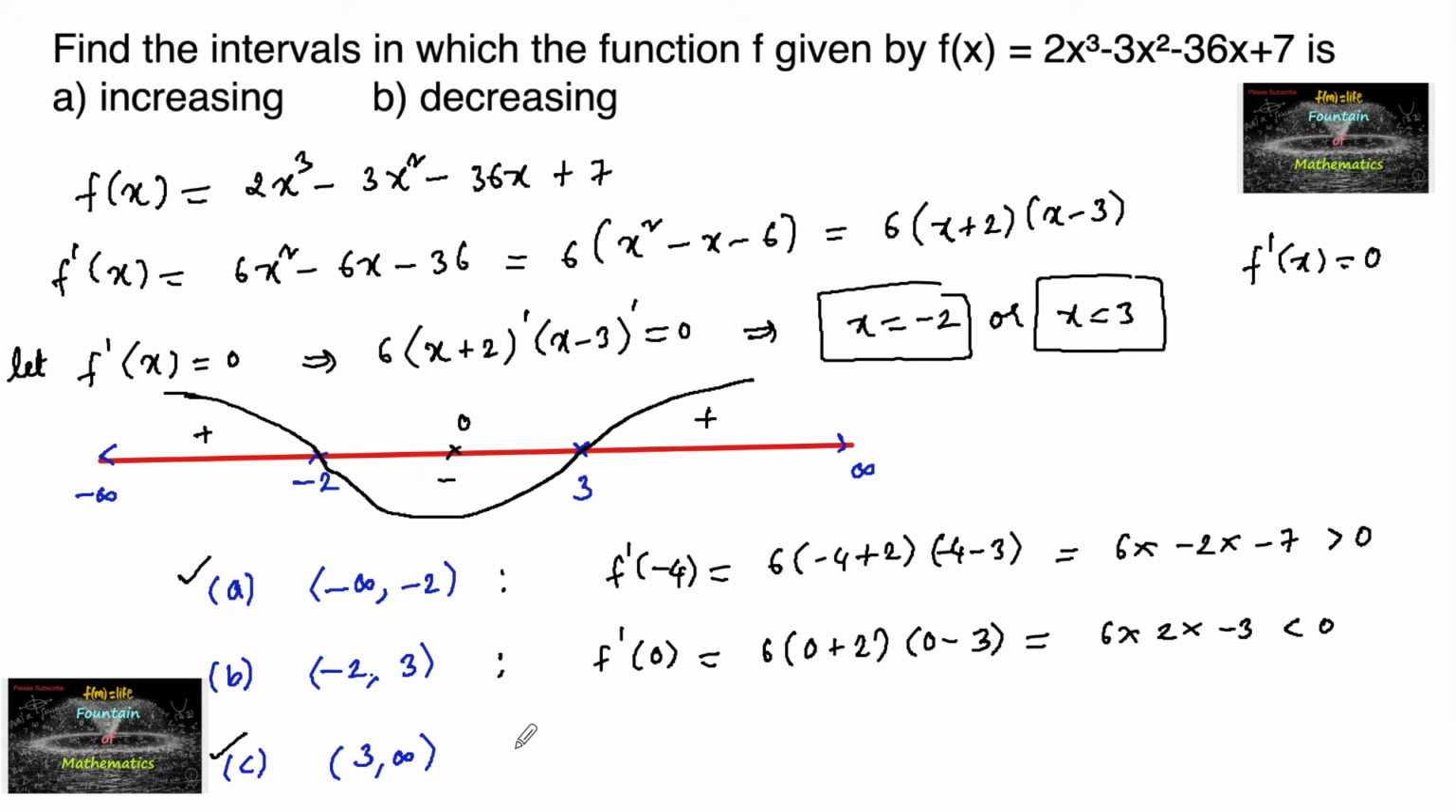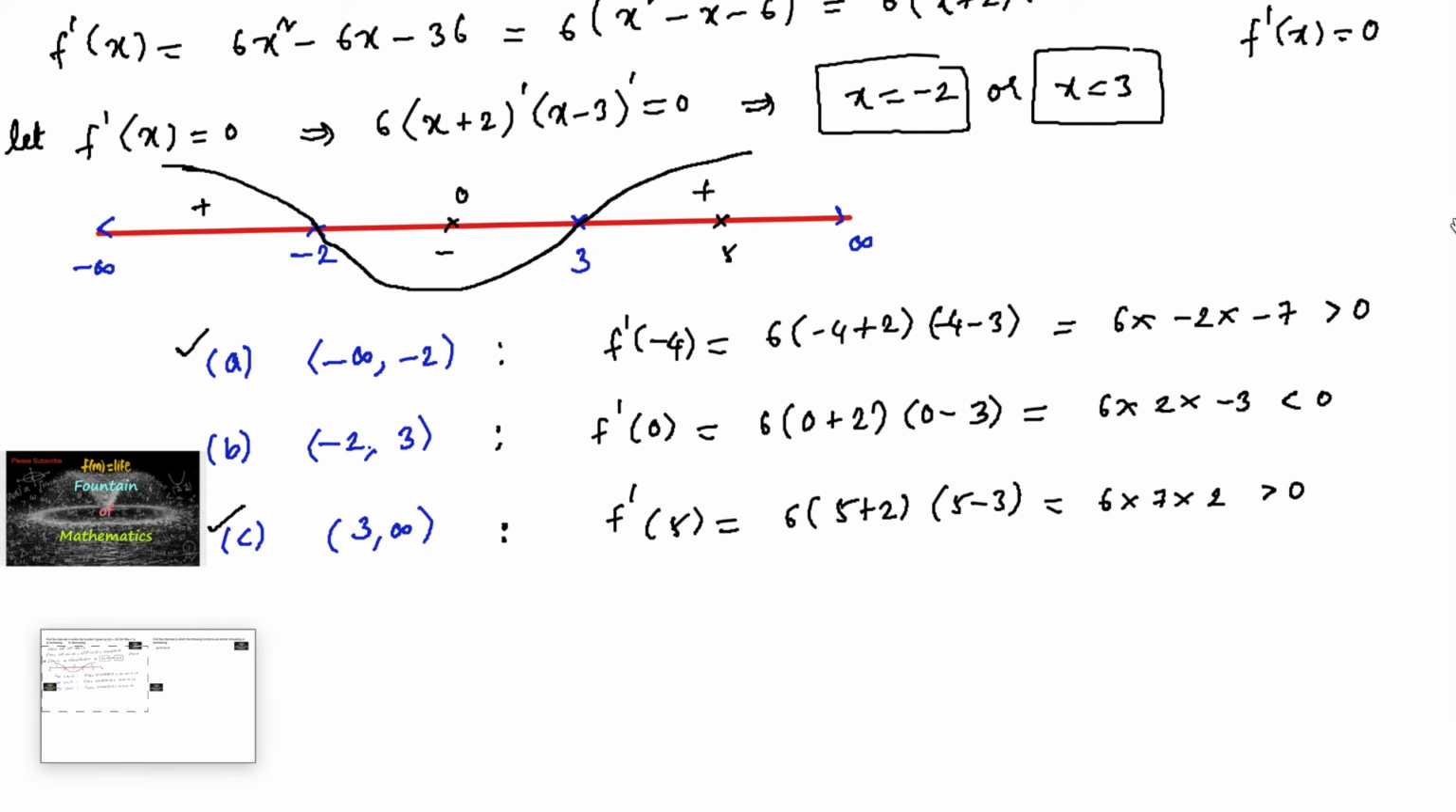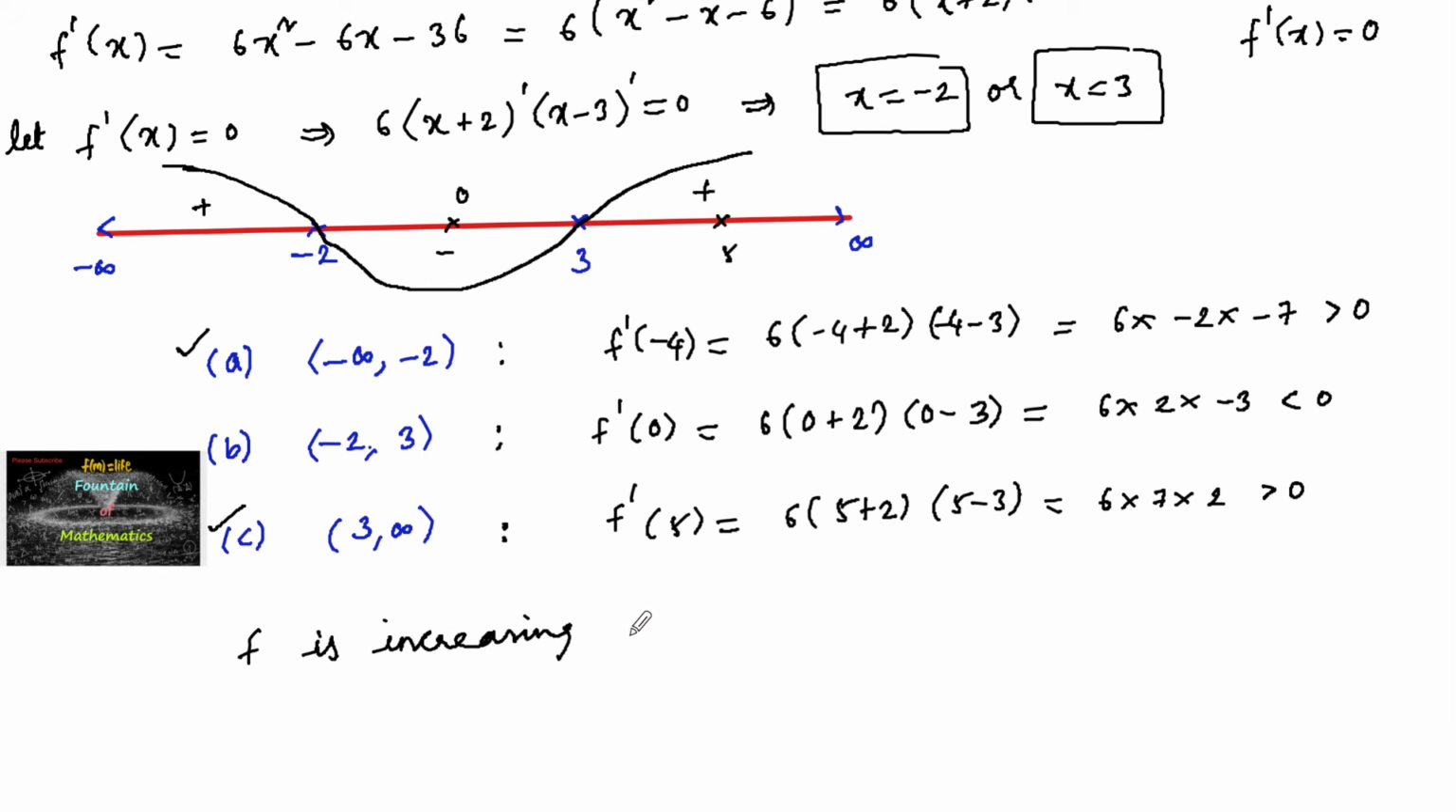And again in the interval 3 to infinity, let me take any one particular value, say 5. f'(5) is equal to 6 times (5 plus 2) times (5 minus 3). So that is 6 into 7 into 2, which is positive. So we can conclude that the function f is increasing in minus infinity to minus 2 union 3 to infinity,